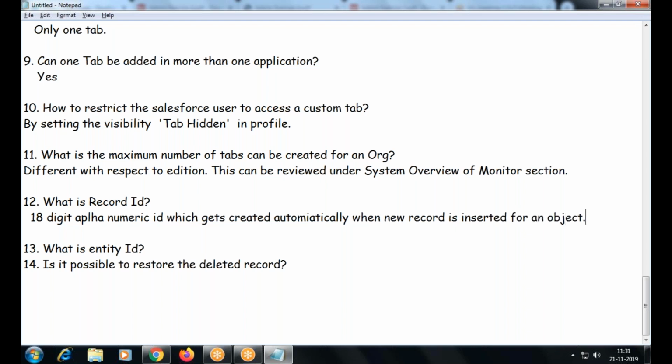Am I right? Whenever you insert a new record, that 18 digit ID will be created automatically.